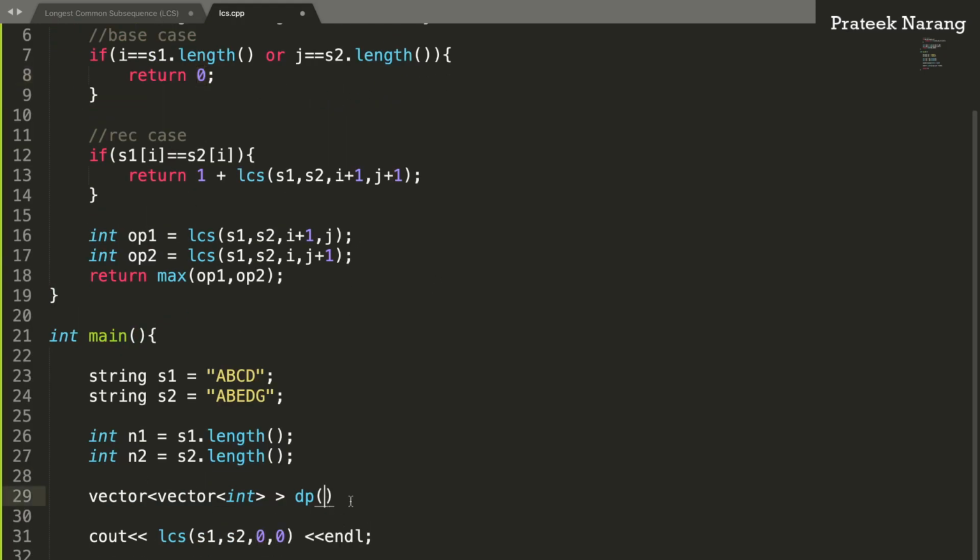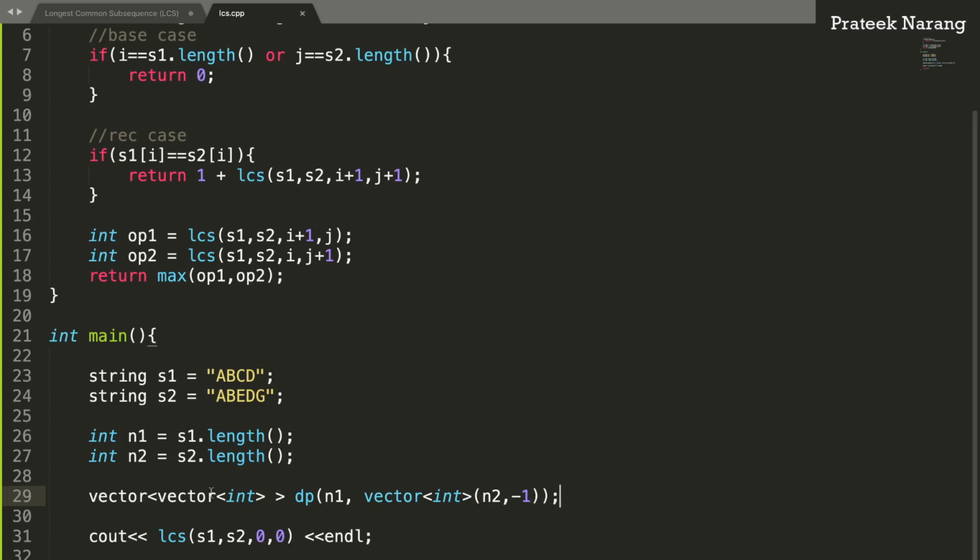So what we are saying is we will initialize n1 number of rows in this DP vector, and each row would be a vector, right? So here you give the number of rows, that is n1, and each row is a vector of integers containing n2 cells, each initialized with the value -1.